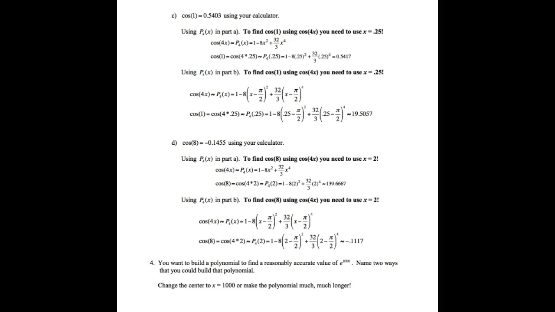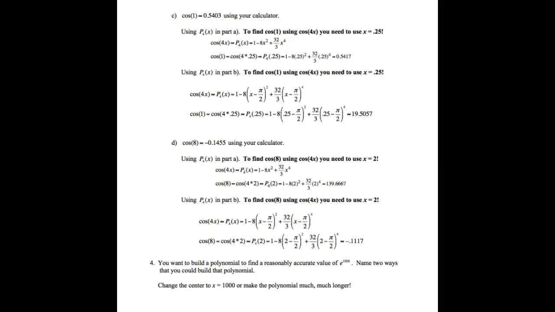And in part D, we look at the cosine of 8. Now 8's pretty far away from 0, and we have a cosine of 8 in my calculator, using, again, radians, as negative 0.1455. We have to be careful using p sub 4, which is the cosine of 4x. We have to let x equal 2 when we put it into the polynomial. So we have cosine of 4x is equal to p sub 4 of x is equal to 1 minus 8x squared plus 32 over 3 x to the fourth. Again, to find the cosine of 8, we have the cosine of 4 times 2, so x has to be 2. So we put 2 in our polynomial, and we get a value of